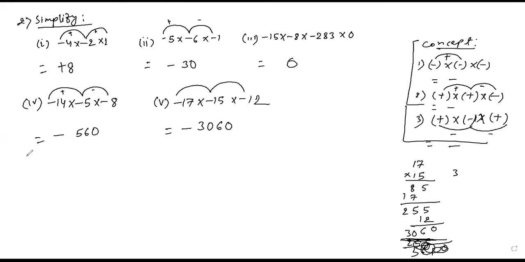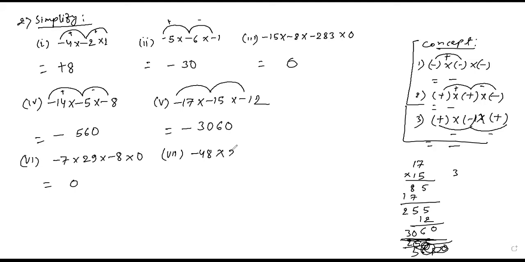Okay, now 5, then 6 number. Tell me the direct answer. Sir, 0. Okay, don't think, direct 0. Sir, the signs will not come. No, the sign will not come. 0 means what? 0 is neither a positive integer nor a negative integer. 0 is neutral.